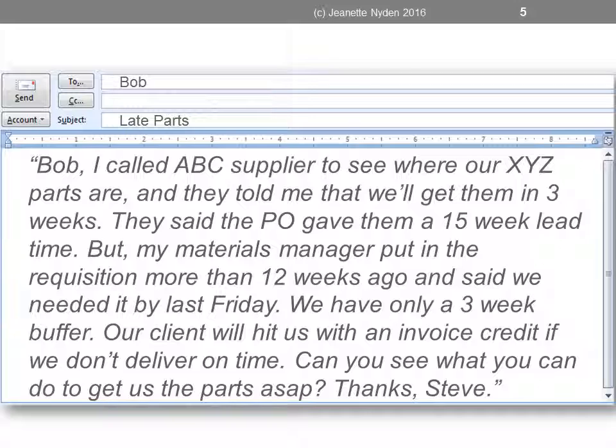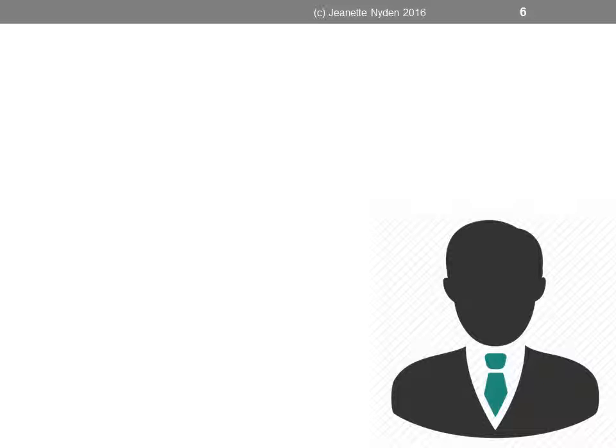Now, Bob is a mid-level manager in a purchasing department, and he was pretty frustrated when he learned that one of his team members had sacrificed price for lead time. So when I got involved, I wanted to understand why that trade-off was made. So this is what I learned through interviews.